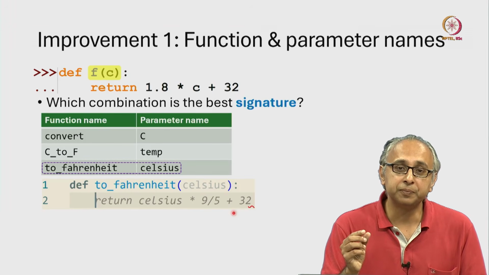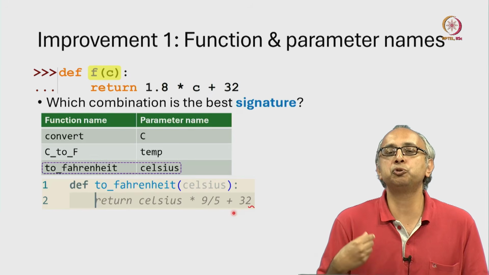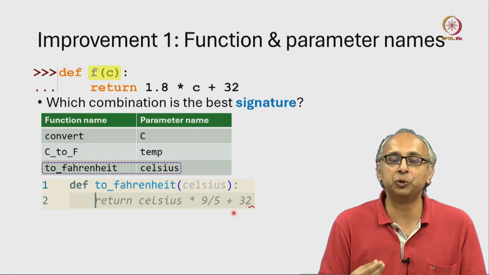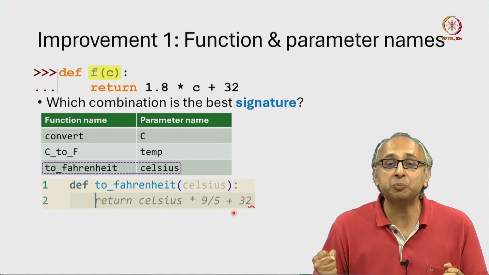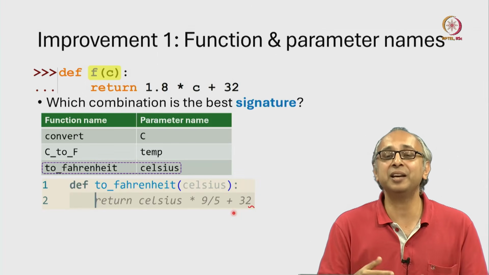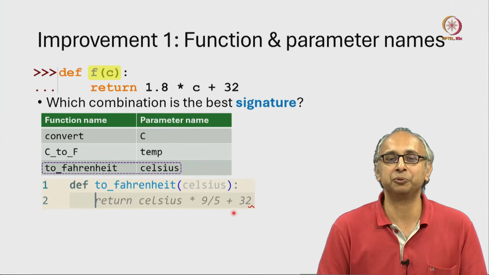So you notice that while it is more effortful perhaps for us to choose a good function name and to choose a good parameter name, if we put in this effort, our AI can be much more helpful to us. And by the way, our code is better designed not just for AI but for other human beings who are surely going to read our code.